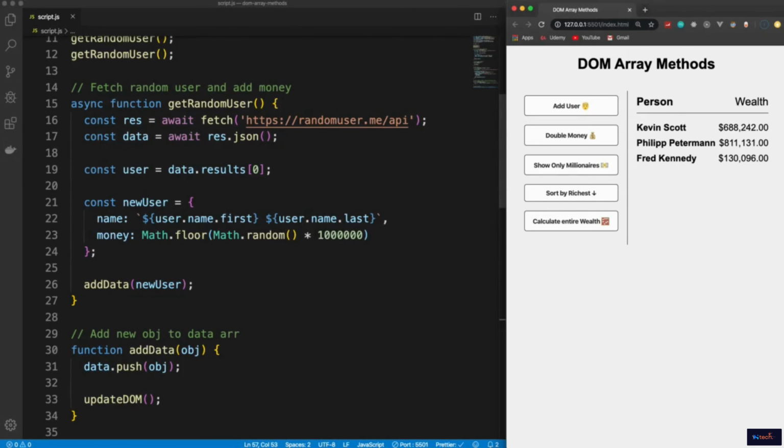Okay, so in this video, we're going to work on this double money button, and we're going to do this by using the map array method. Now, I just want to mention that in some projects, I might kind of repeat myself. I know that in the sorted list project, we